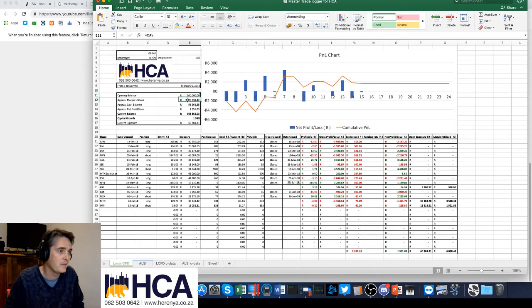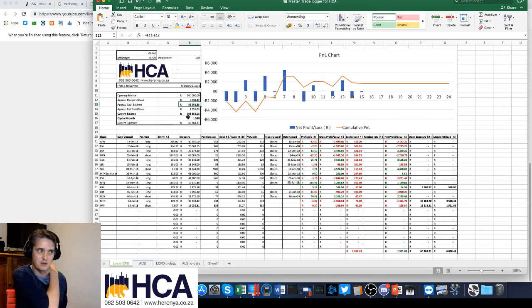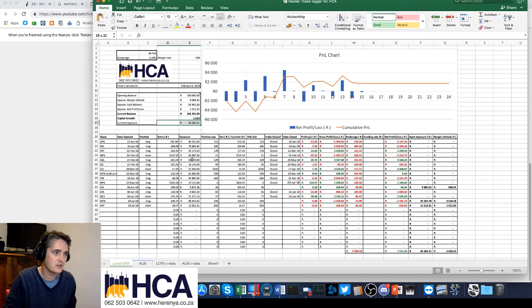Okay. This is going to track how much margin you're using most of the time, so that you can watch the gearing, your approximate cash balance, so you can see when you're starting to get close to having hardly any cash left in your account, your approximate net profit or loss after fees, your current balance, your capital growth, and then your current exposure in the market. So this is quite nice to look at, because sometimes you have open trades and your exposure is way in excess of your opening balance, and then you're taking way too much risk.